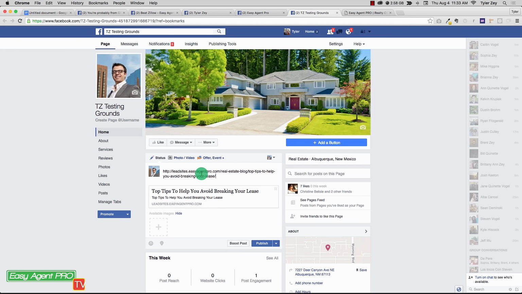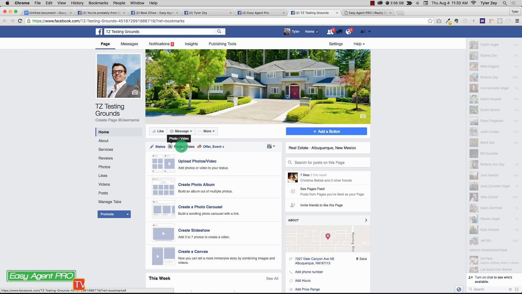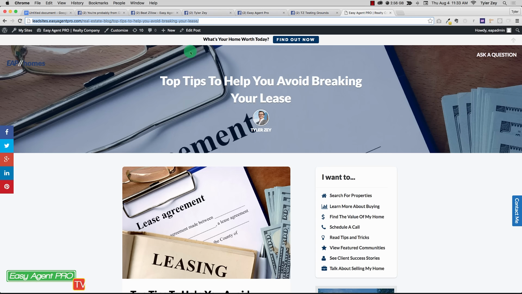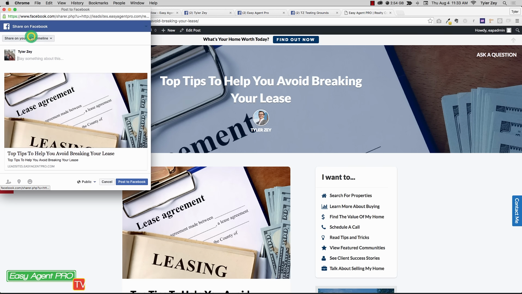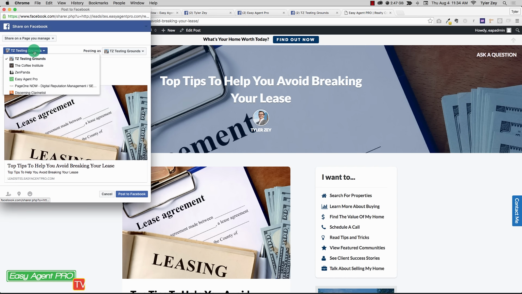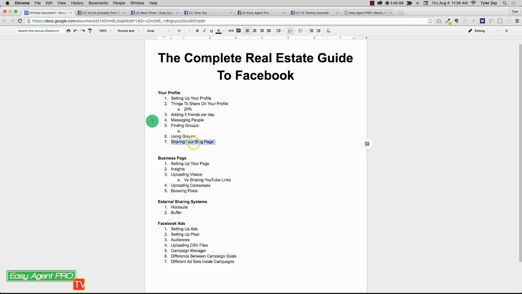And you'll see it loads it up, it's pulling stuff in, and there you go. You can upload images and more in your sharing. Or you can click over here on the Facebook icon on your individual page, and you can see it shares it. You can share it on your timeline, on a page you manage. You can see I can select the pages from there, just a ton of stuff. So really, that's the basics of